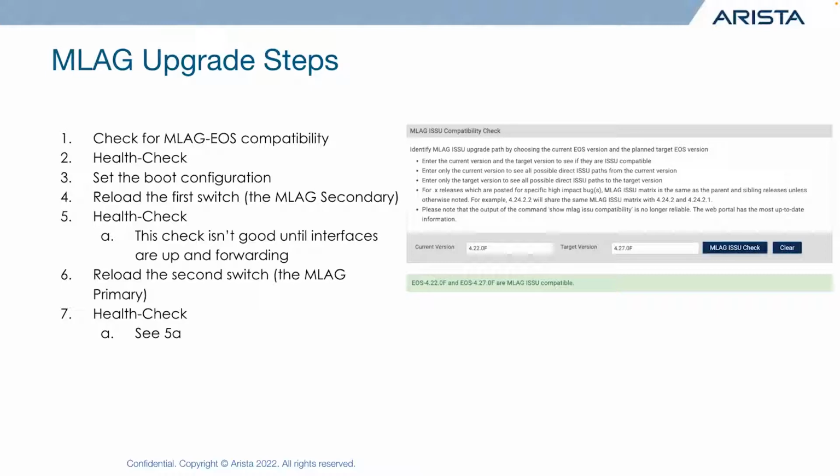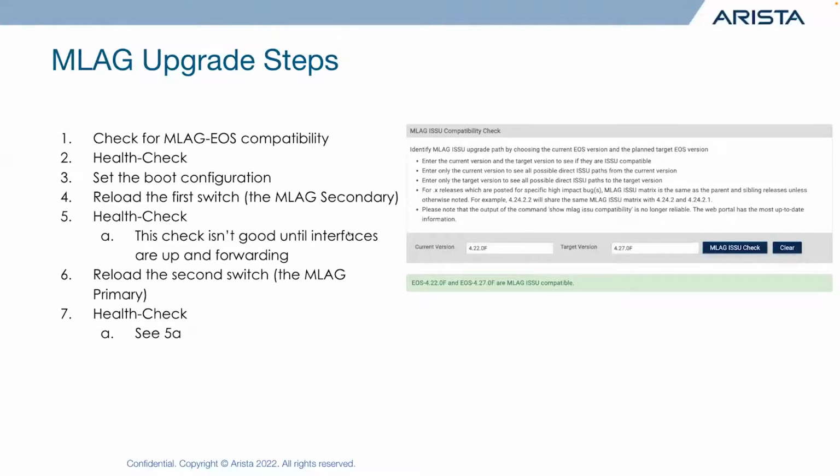If you decide to ignore that bit and do the primary, it's fine. After our reload, we're going to do a health check. And that health check isn't good till all of our interfaces are up and forwarding. We don't want them in that error disabled state. We'll start black holing lots of traffic. Then we'll reload our second switch. We'll do our health checks and